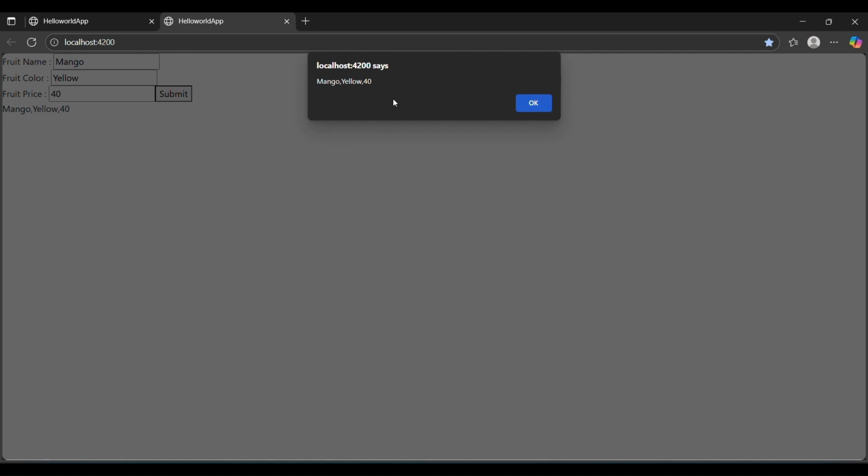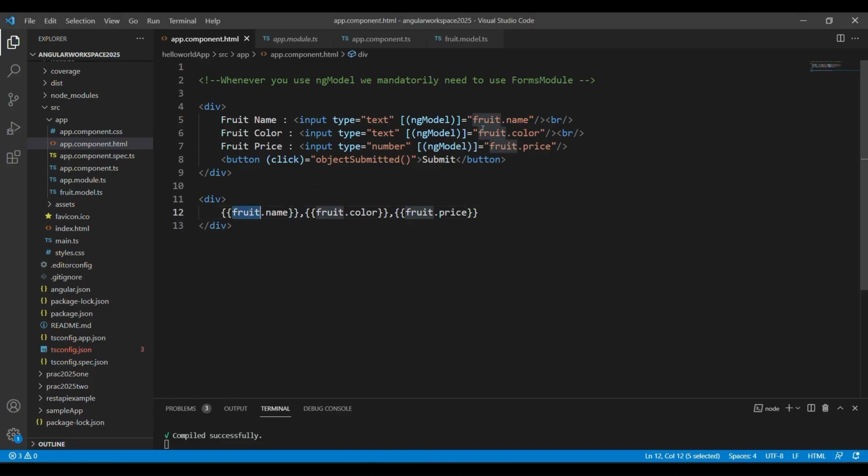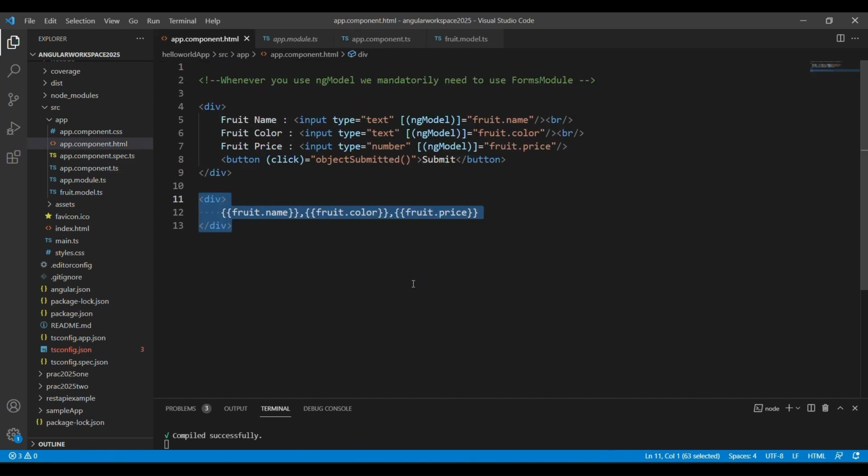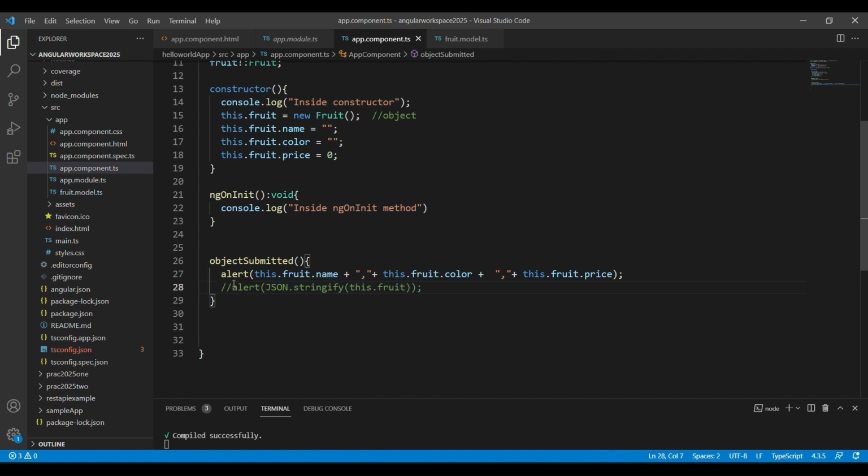I just displayed it by clicking a button in the alert box. So the button is given only to display the alert box. But here you observe the values which are getting changed. They are going to the model and the model values are being displayed. Root is a model, right? The model values are being displayed. But now I want it to be displayed in the form of JSON. So what do I do? I say alert JSON.stringify this of,